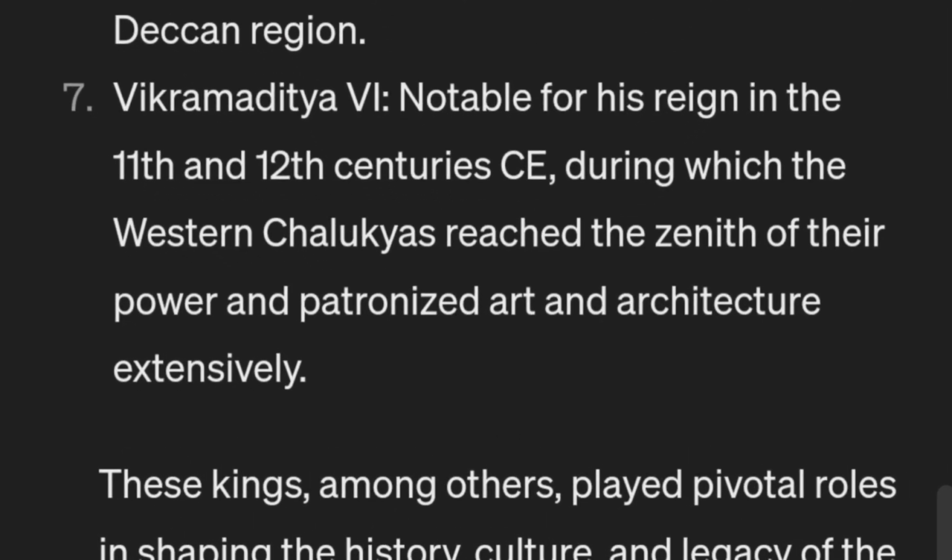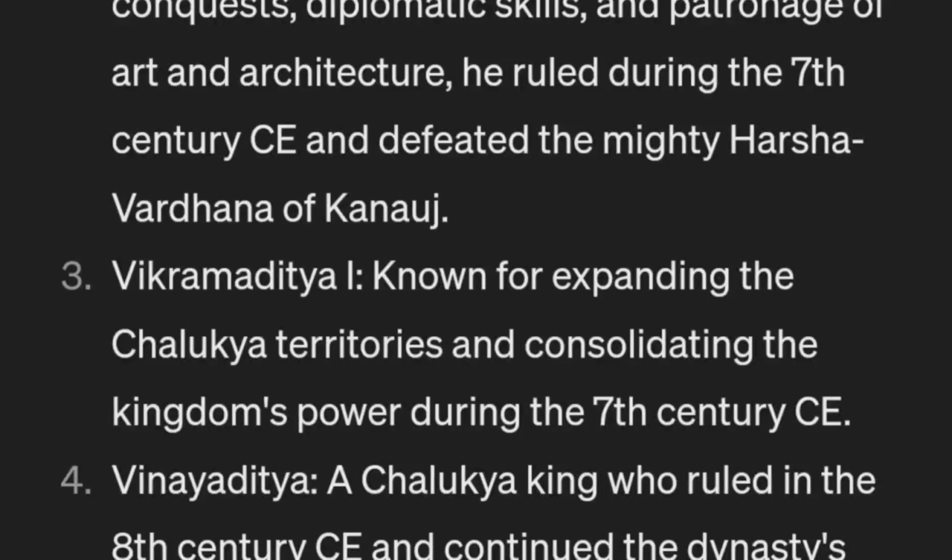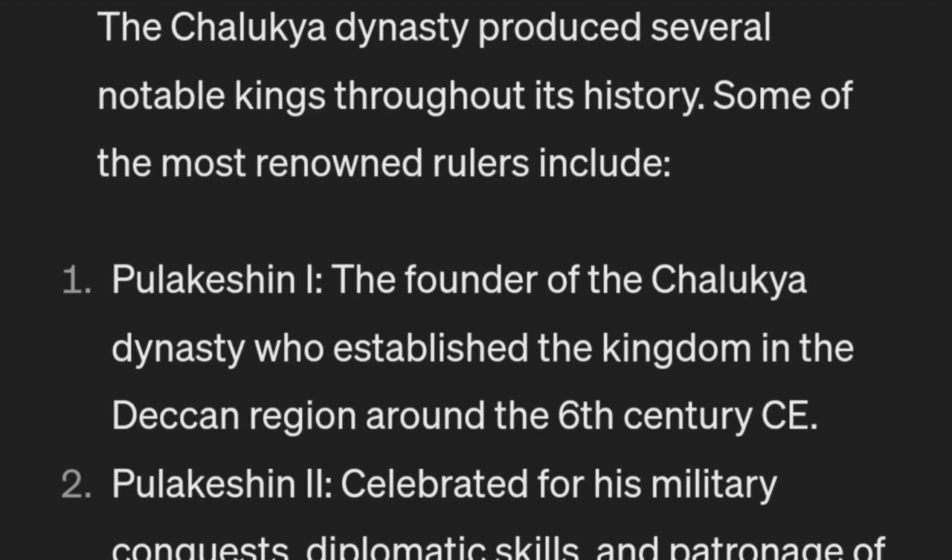You can see all the kings, and these notes will be very helpful to you during your mains as well as prelims preparation. You can just listen to the lecture I give you or read the notes, and you can also gain some knowledge about it.